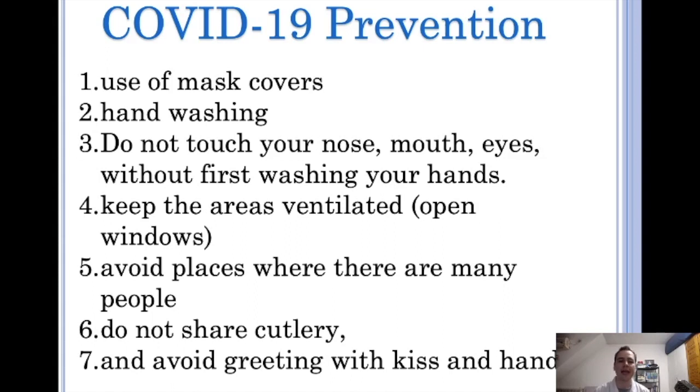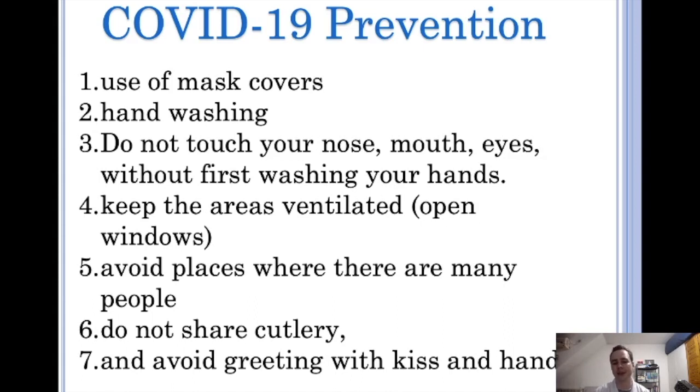Okay. Then it says don't share cutlery. Sorry, I cannot pronounce the word. So yeah, if you are eating with someone, don't share. Even with your girlfriend. I think it's unavoidable, but if you are going to eat with someone, don't share the things, or don't give. For example, if you are eating a hot dog, don't give your own hot dog to other people. Try to do these things, at least for this time, okay?